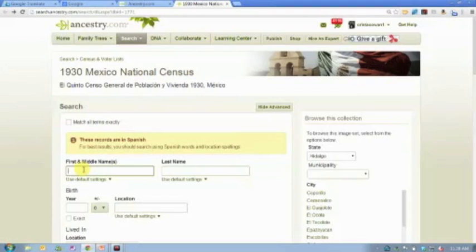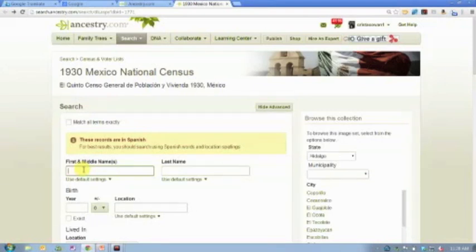The problem is we lose context when we do that. We don't pay attention to the other people listed on the page, or the people who might be listed the page before or the page after. And very often people in our families lived in the same communities. So you may find your mother's family and your father's family living a few houses away from one another. That context tells a story. It explains a little bit more about how they met.